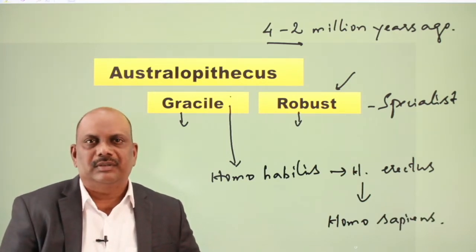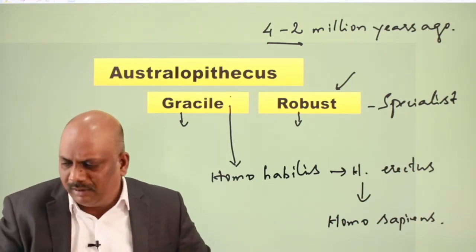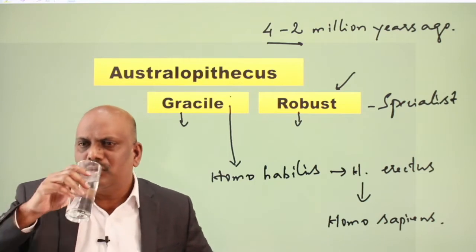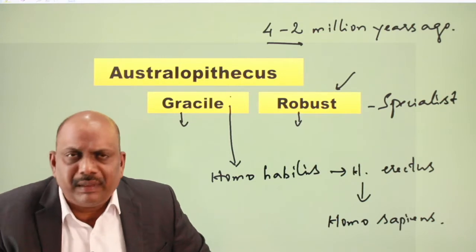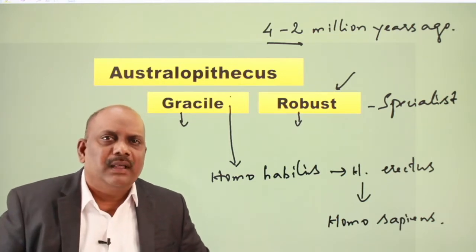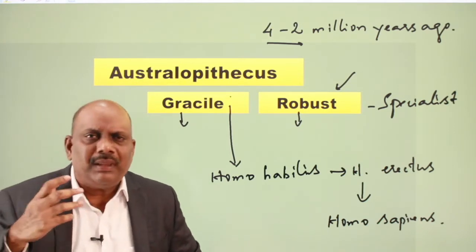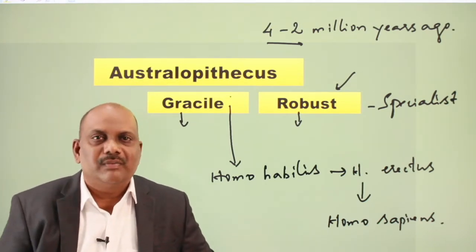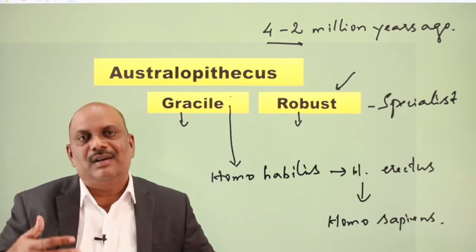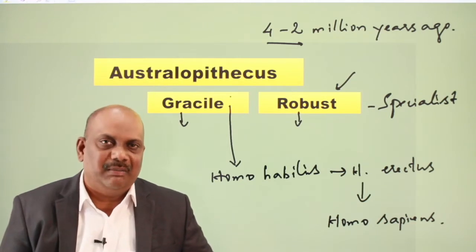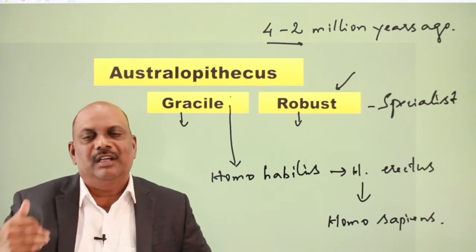So as robust was a specialist, it couldn't adapt to the changing climate and the changing environment. But on the other hand, gracile somehow managed to adapt to the new environment and the new climate, and it further evolved to live under extreme climatic conditions. So it is the gracile form of Australopithecus which further evolved into